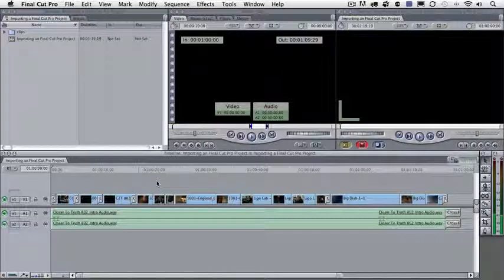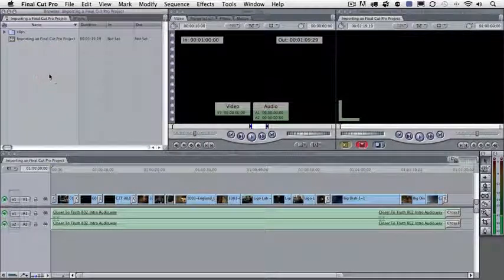Before I actually export this project for Premiere Pro, I want to come up here to my Final Cut Pro browser. Before you export, it's important to know that what you have selected in your browser is what will be exported to Premiere Pro. If you want everything to go to Premiere Pro, simply don't select anything. But if you want individual items such as different sequences to export, select those items individually, and your selected items will be exported, and then you can use them inside of Premiere Pro. But in this project, I want the entire thing to go, so I'm just going to leave everything unselected here